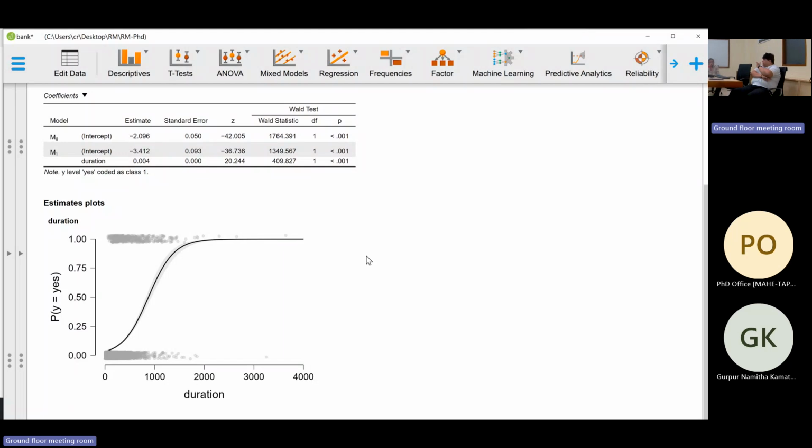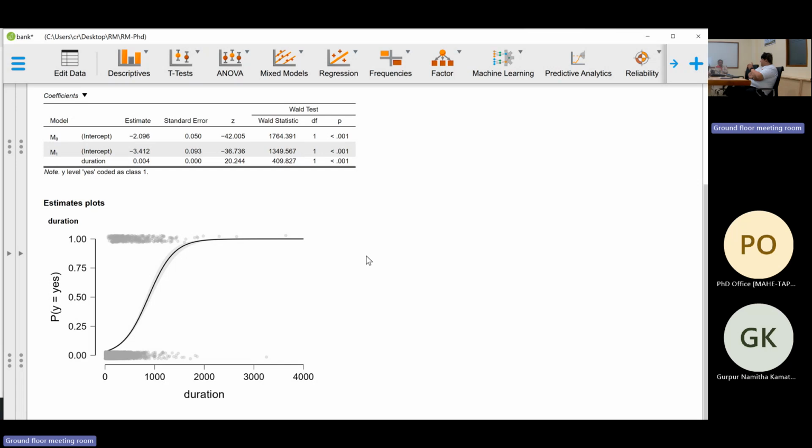I've taken only one variable, so it's easy to understand. Then I'll start with the equation. See, in the x-axis you have the duration, whereas in the y-axis,